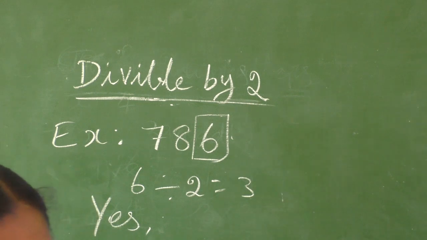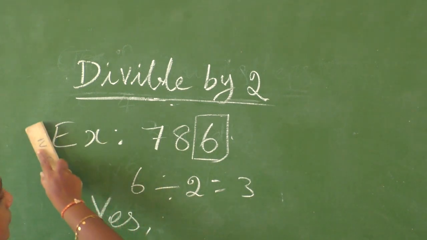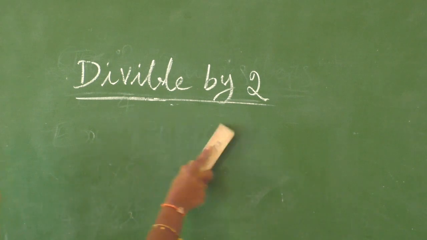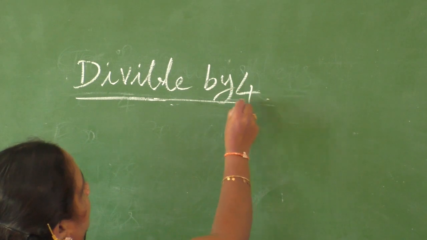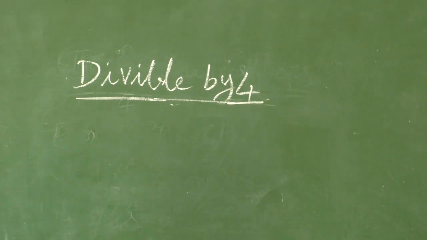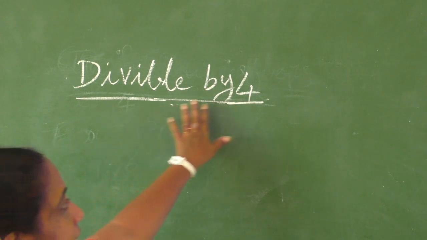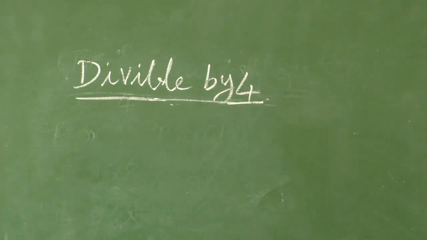Next, divisibility rule by 4. What is the rule for divisibility by 4? A number is divisible by 4 if the number formed by the digits in the tens and ones place is divisible by 4. For example,